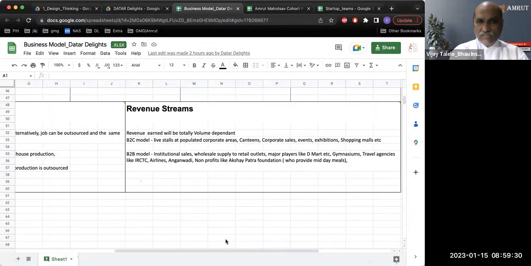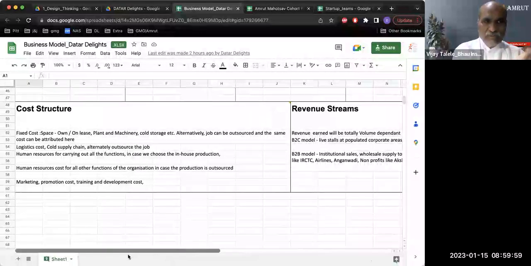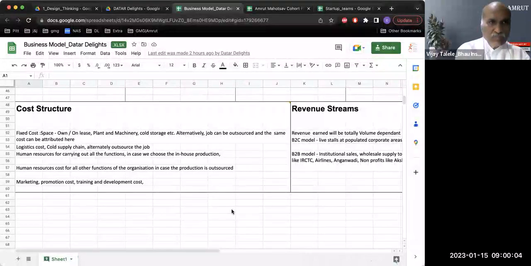It also depends whether you are selling as an individual unit or as a group of Thalipit at a lump sum. Where are the wholesalers you are talking about? That entire supply chain you have to build, from your manufacturing to wholesaler to retailers to the consumers. And costs are very simple. Whatever you have in your key activities and resources will contribute to the cost. Okay, I think the overall looks fine to me.